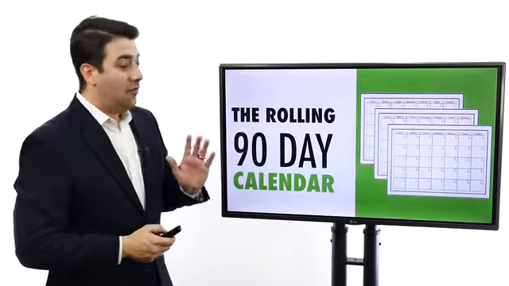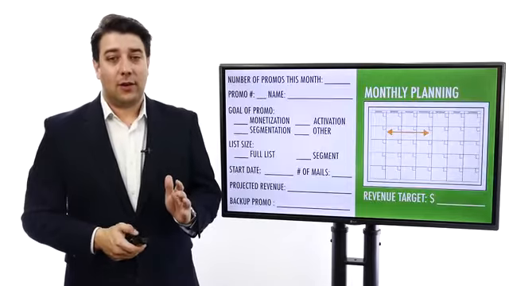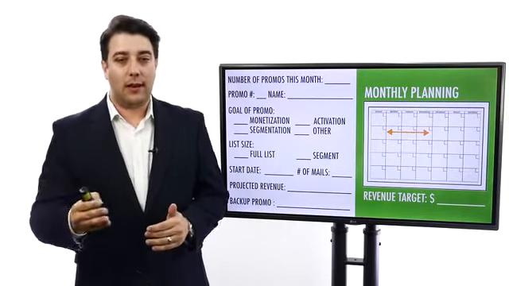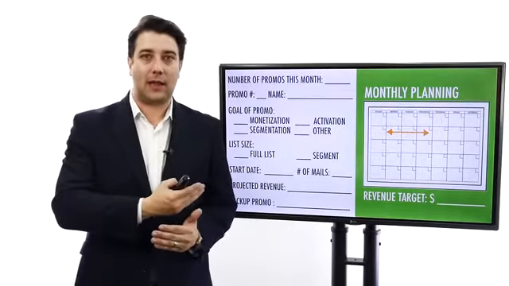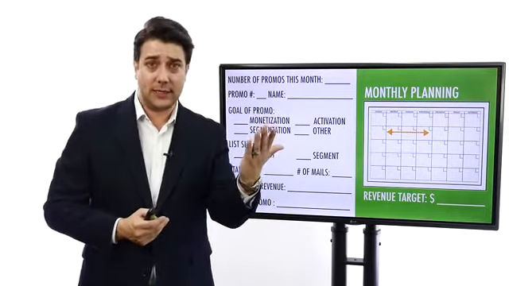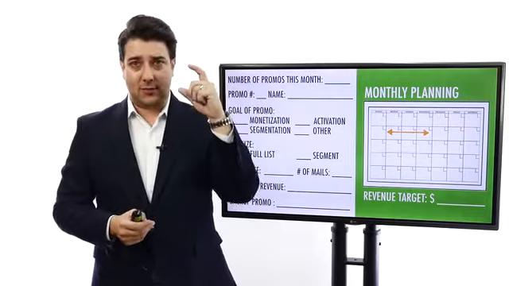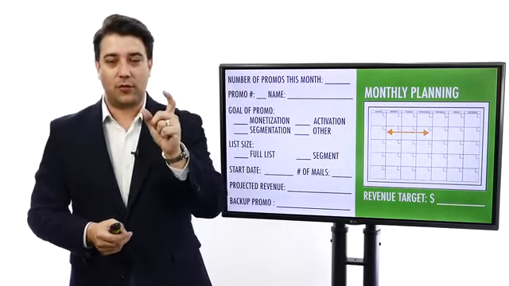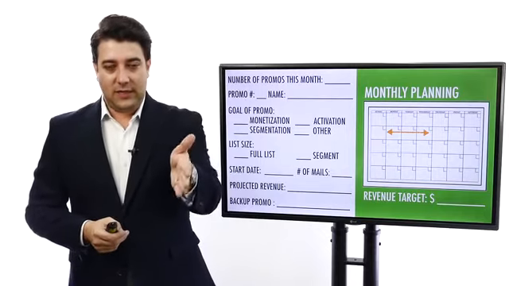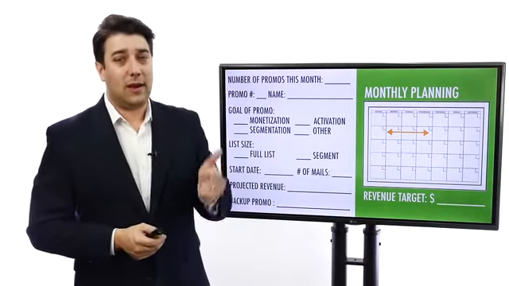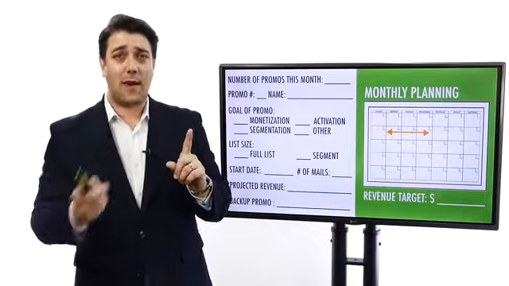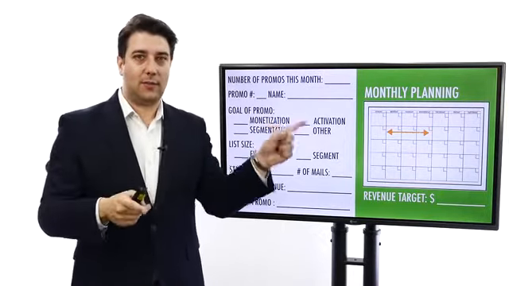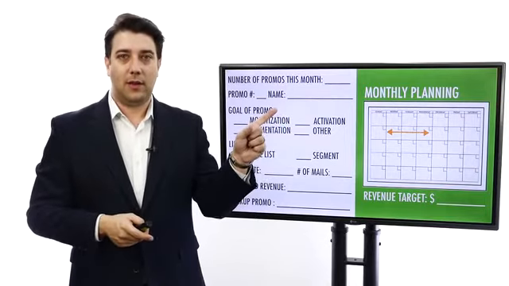So that's the 90-day calendar. You're going to do this for every promotion you plan to run. And we're spot checking all the way back. So we had the promotional planning worksheet. You had a number. You had some reasonable expectations or goals for those promos. You should fill out one of these for every promo you're planning to run for a month, and then go back and spot check. If everything as a target here doesn't add up to the target for that month